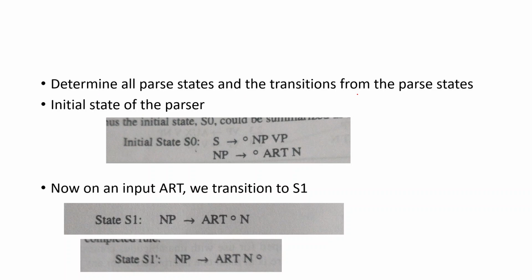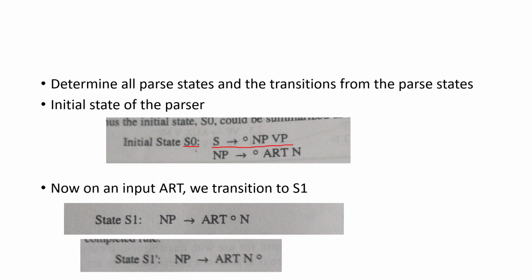Basically we are going to build a transition diagram, or maybe a finite state automata. The initial state of the parser, which we can call S naught, will contain this production, that is, you always start with the start symbol. This is the production which we start with. And this dot shows that we have not looked at whatever is on the right. That input has not been considered; we are going to look at that input. I think it's called an LR0 item in compiler design. You might have come across that term.